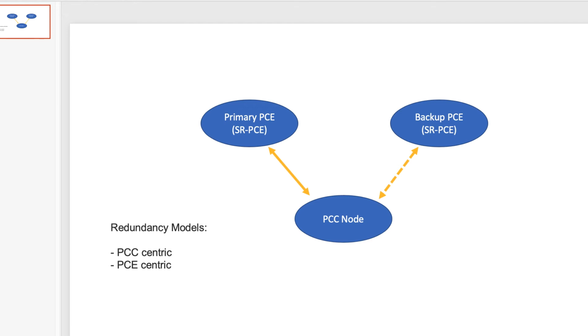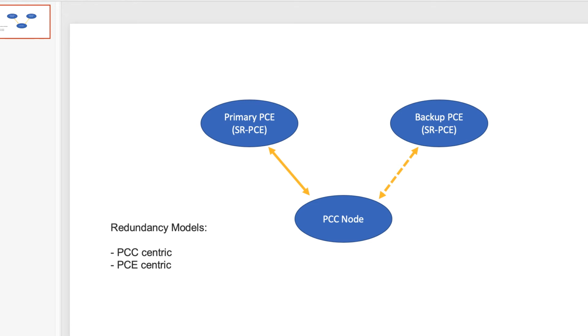When there is an outage, it takes longer for a PCC to detect there is a failure. That is why the recommended model from Cisco's point of view is PCC centric. To change that particular mode, when we are configuring the PCC, if you recall, we had written a line that said redundancy PCC centric.